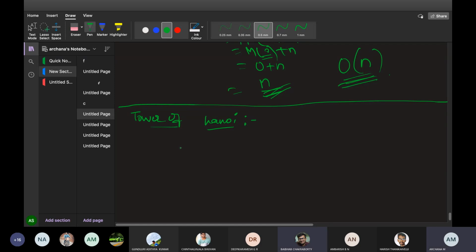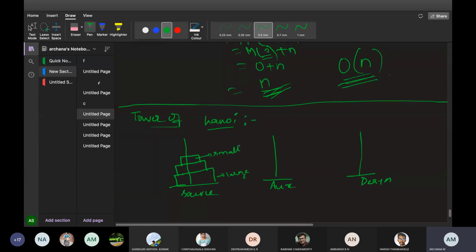Ma'am, the possible number of moves that may be required. Yeah, there will be 3 important stands like this. One will be taken as source, one as auxiliary, and one as destination, right? You people have to move all the plates that are there. For example, 3 discs will be there, one above the other, with the largest disc at the bottom and the smallest one on top.